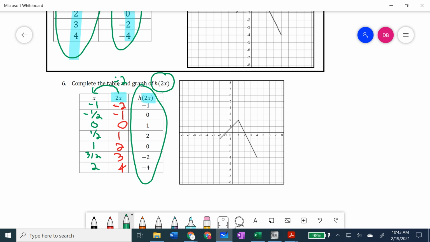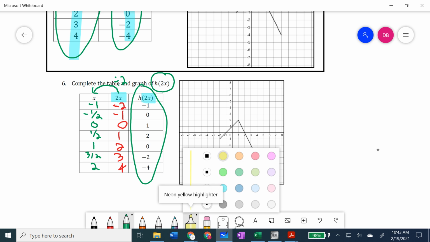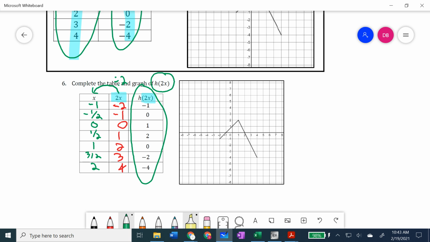If you're asked to sketch the graph of h of 2x, then you need to plot the following points. -1, -1, and then -1/2, 0, and then plot the point 0, 1, and so on. So let's do that. -1, -1, -1/2, -1,